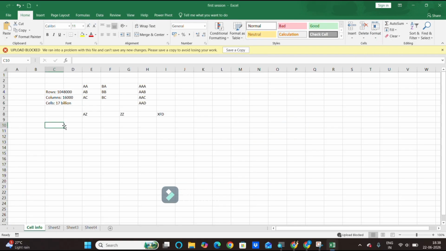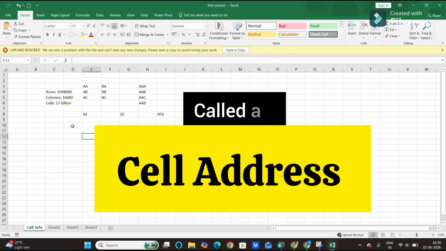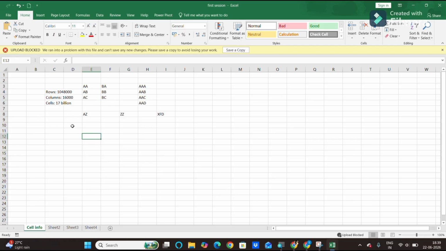Okay, now if you can see here, all the cells are of the same size, but we don't know how to access a particular cell. So for that, we will have to use its address. And all these 17 billion cells have some address, so that we can access those cells through their cell address in any formula we want. So how do we know what is the address of a particular cell? Whichever row and whichever column is intersecting in that cell, that will be the cell address. And column name will come first, then the row number. So this particular cell has the column name B and it is in the third row. So the cell address of this cell will be B3.